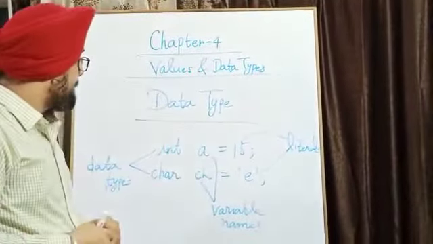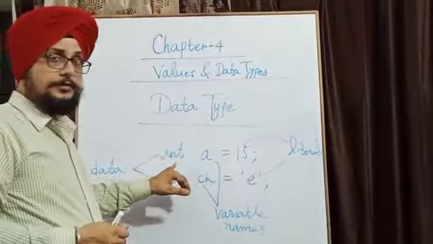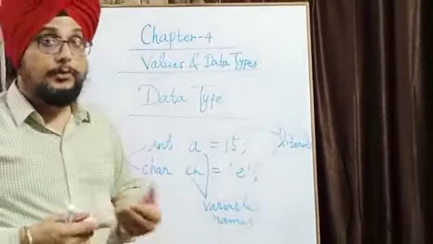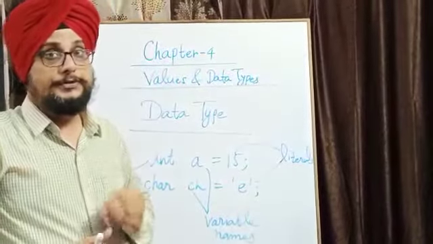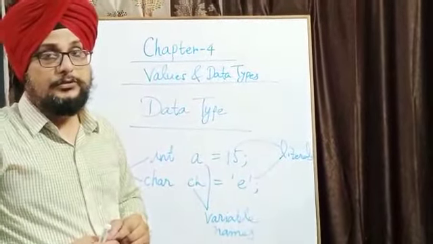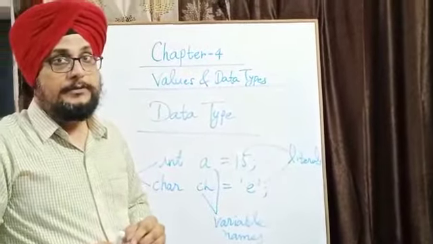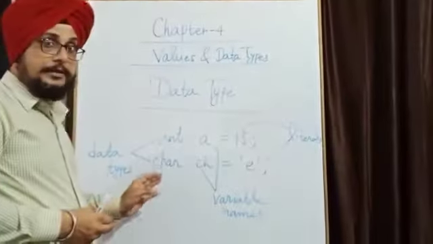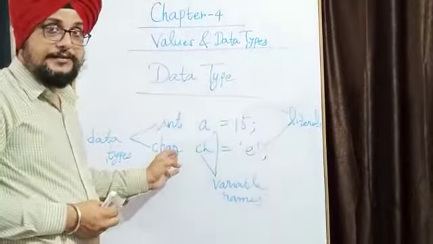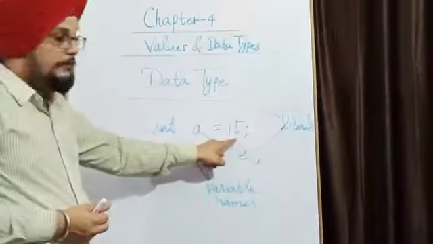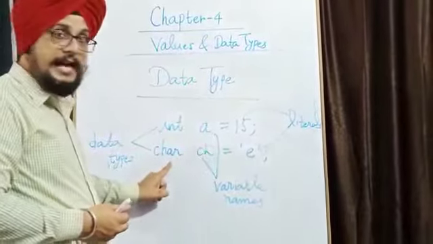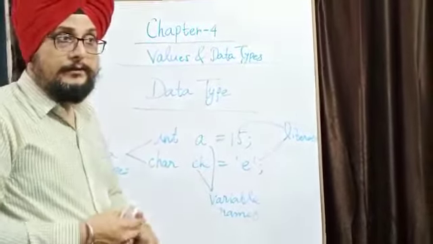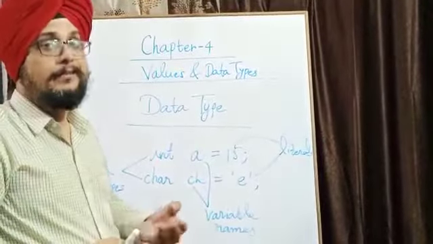Here I have mentioned only two data types, but if you study from the book, you will find some more data types that are used in your chapter. So read the chapter and observe all the data types, and you will see that according to the data type, the values will change. If I have written int, the value will be an integer. If I have written char, the value will be a character. In the same way, for a string the value will be a string, and for boolean, the value will be boolean.